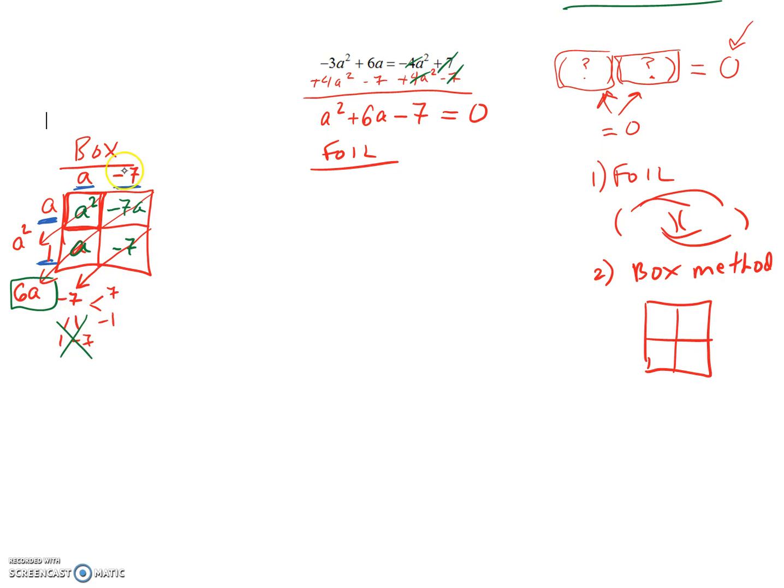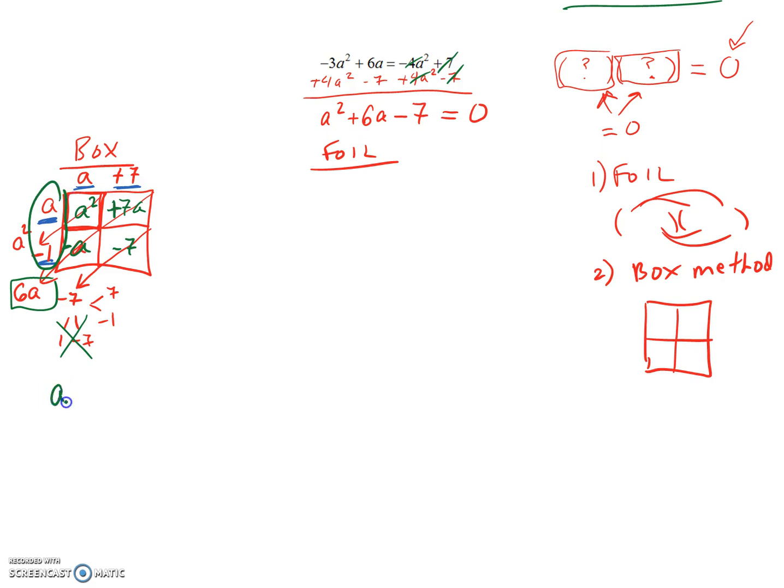And instead of erasing everything, I'm going to make that 7 positive. I'm going to make my 1 negative. That will change the contents of the box here. So I'll have positive 7a here, and then I'll have a negative a in the bottom left. So that will give me the like terms. 7a plus a negative a will give me positive 6a. So what this little puzzle did, it's really just a strategy to find out what my factors will be. So now I know that